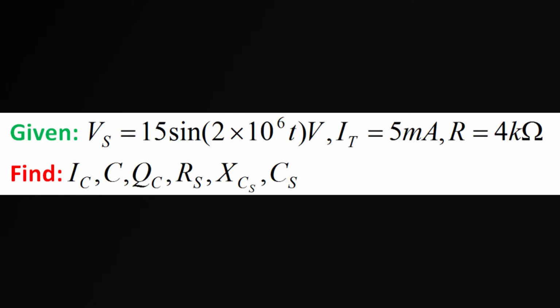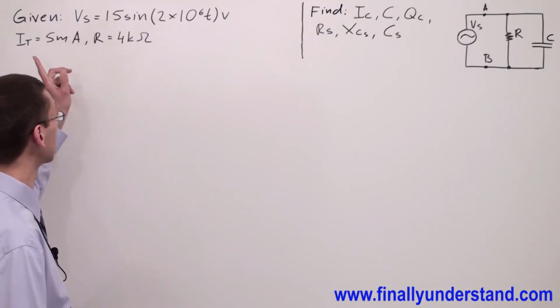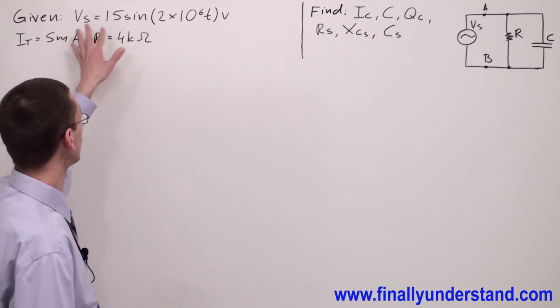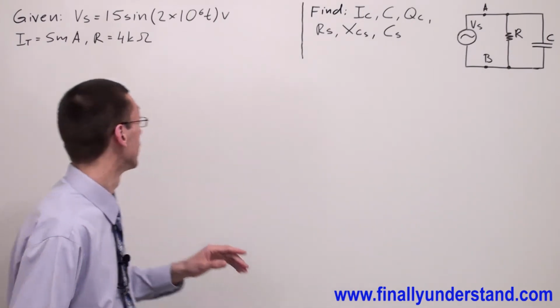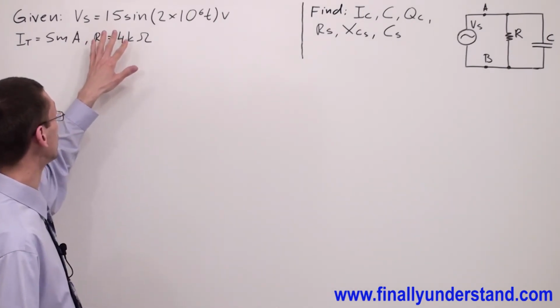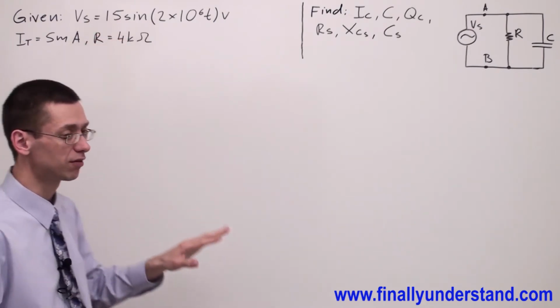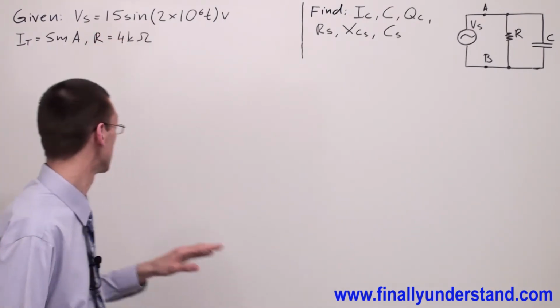We have another example on the board. Please notice that this time we have given voltage source and current. Voltage source is given in terms of the sinusoidal equation. So we are going to talk about voltage peak. So if voltage peak is given, most of the time we are going to assume that the current which is